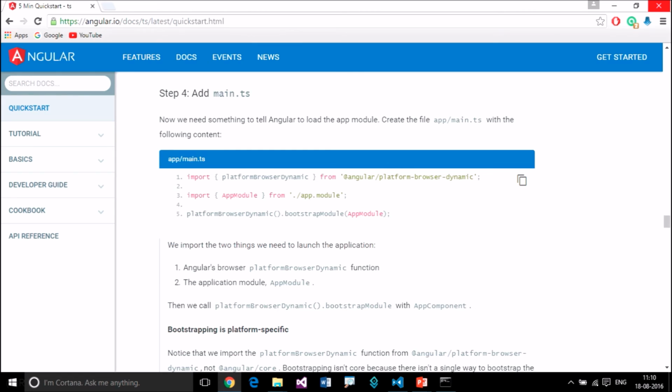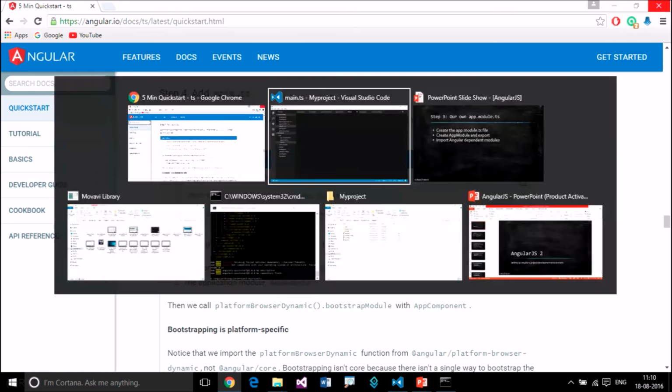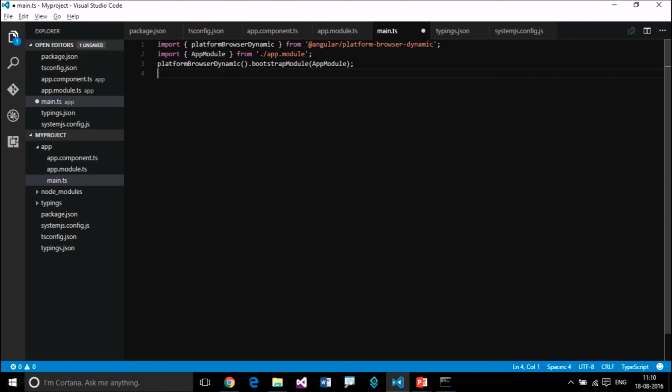Copy this. So this is simply bootstrapping our application into the Angular module. So we are making that particular HTML component Angular enabled. So bootstrapping the Angular module into our HTML body.